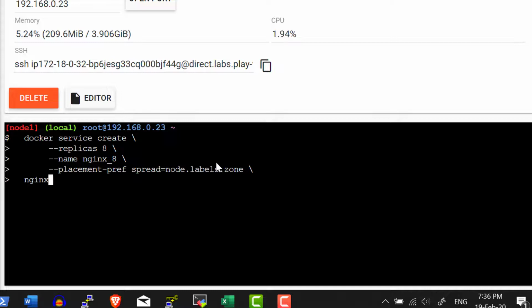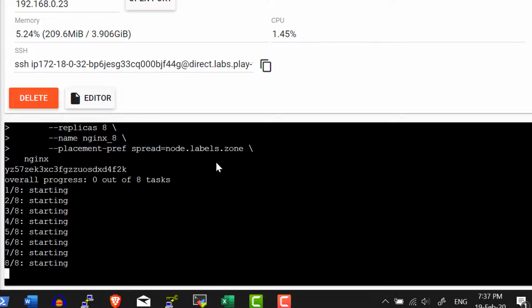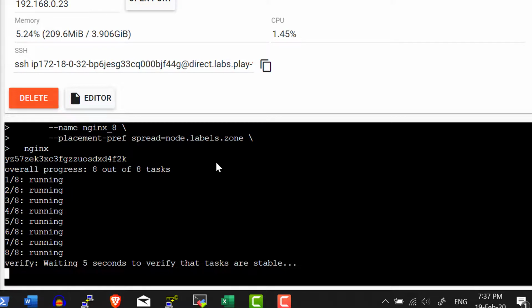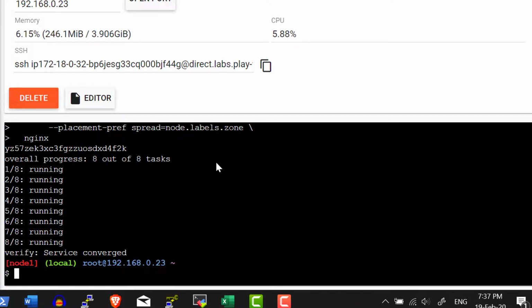And one more important thing to remember for placement preference: if I am not adding any value for any node, it will be considered as null, and null will also be a value when it is considering the distinct values. So in our case, we do have 2 distinct values, east and west. So it's going to distribute the 8 tasks across these 2 labels, and based on the number of nodes available within each and every label, it is going to get distributed.